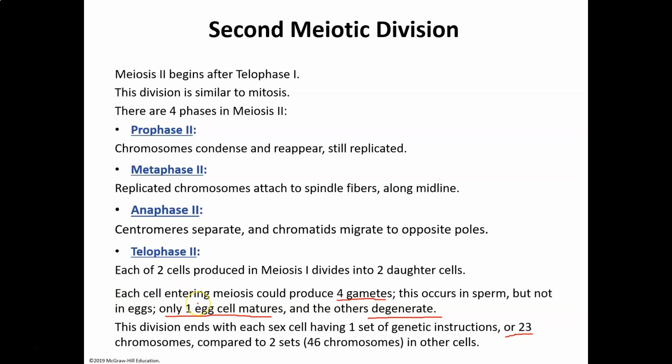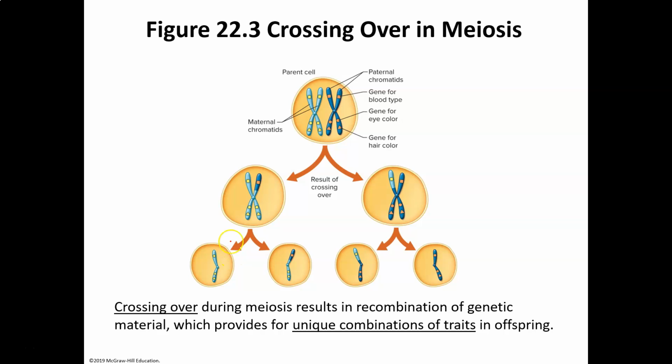But in order to make another human being, you have to have 23 pairs of chromosomes. Now this is your book showing crossing over. Now they have color-coded, color-labeled things, and so you can follow that through, but you know what crossing over is now, right? And they're showing you different blood types. Here's a blood type gene. Here's an eye color gene. Here's a hair color gene. And maybe some of those flip-flop.